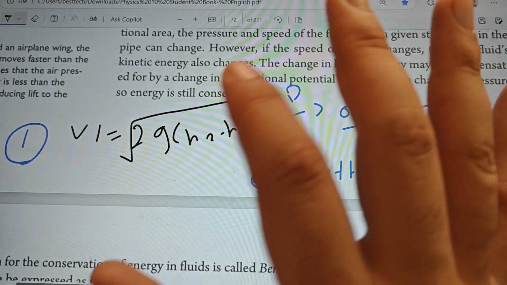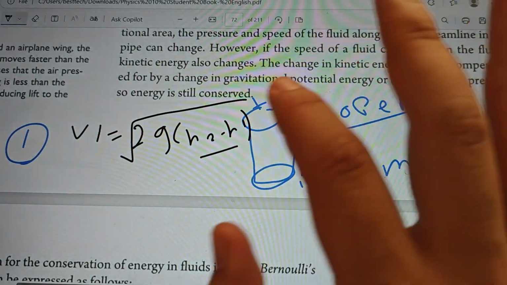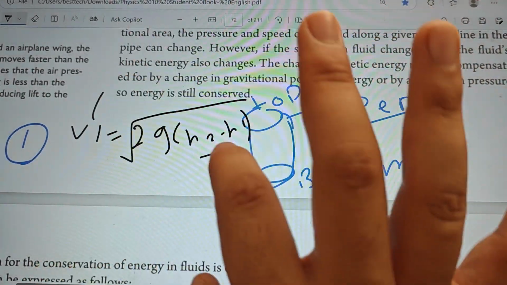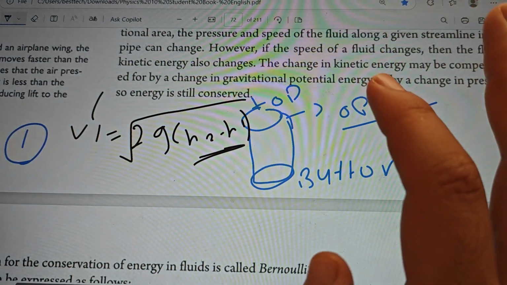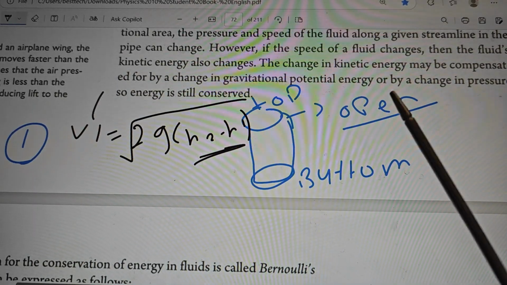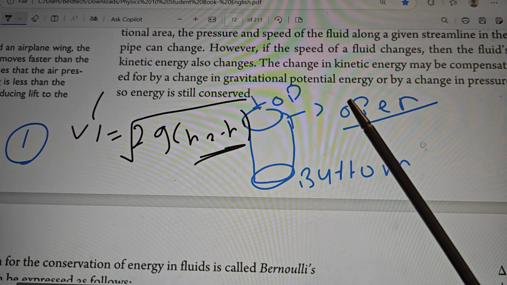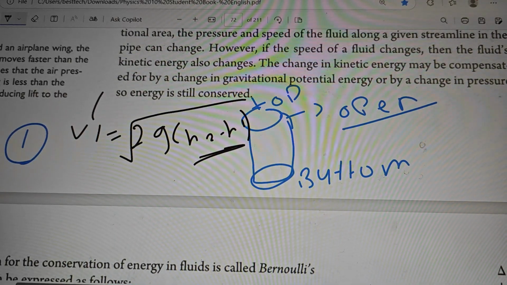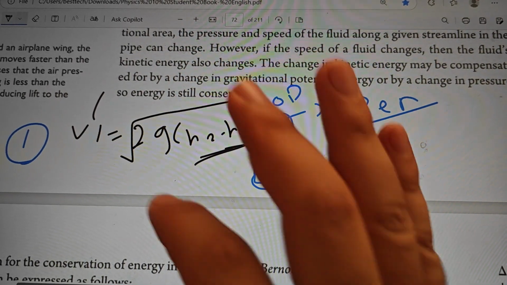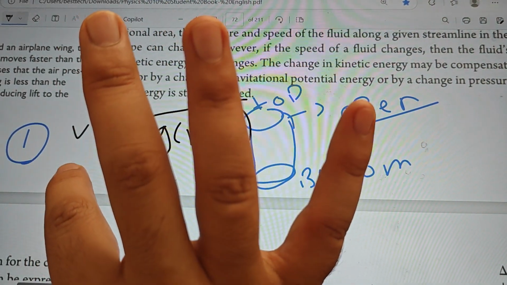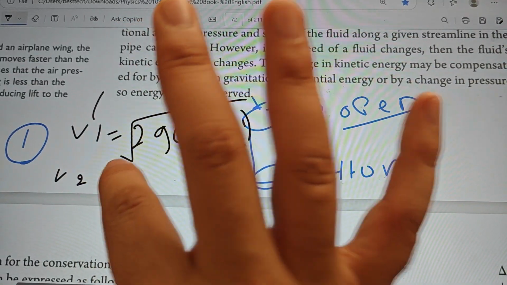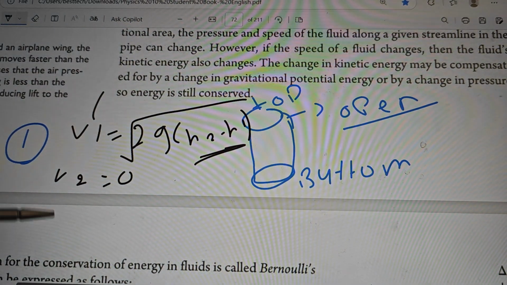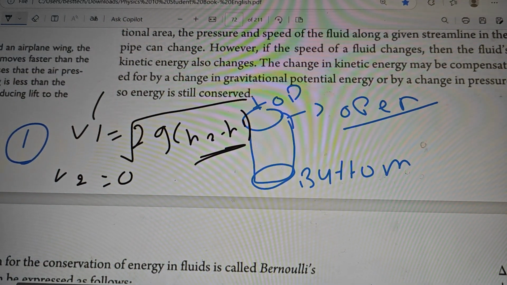So this is the rule to find the velocity or the height, actually both of them. This is the relationship between velocity and height. We can use this rule when the question says the top of the tank is open. So immediately use this rule. In that case, the second velocity is equal to 0, so we are going to find the first velocity, and